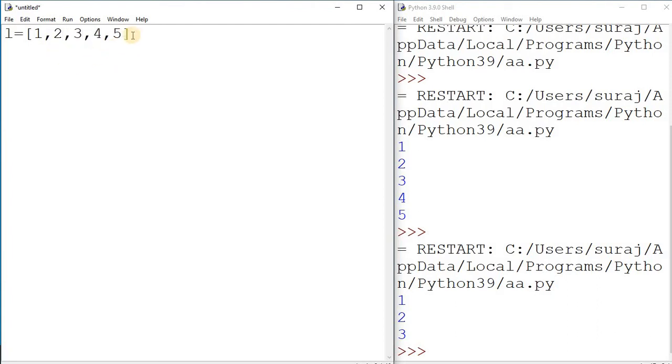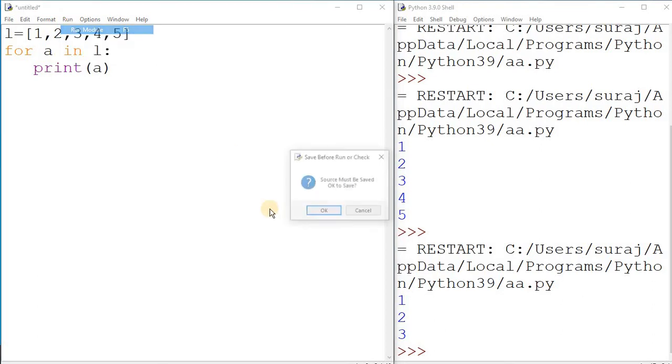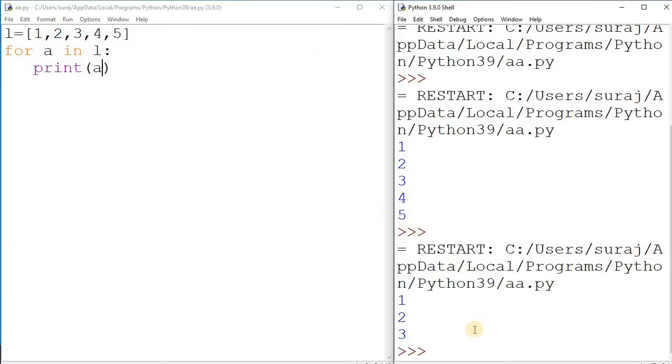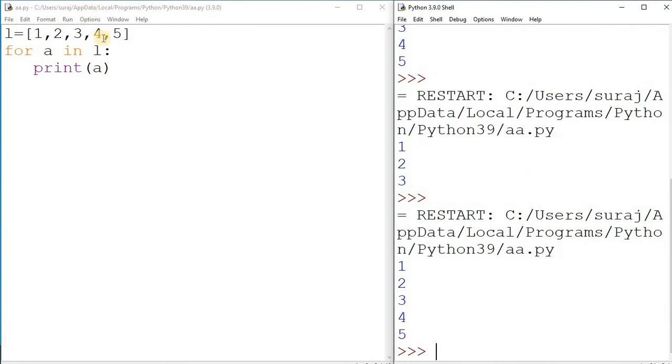Then we use for a in L, it takes the indentation by default, and I use print of a. It will show all values of that list. We check the output, and it is coming 1 to 5.